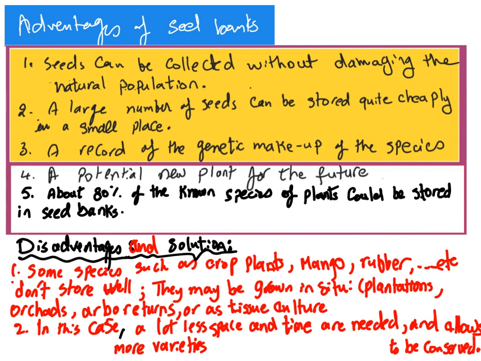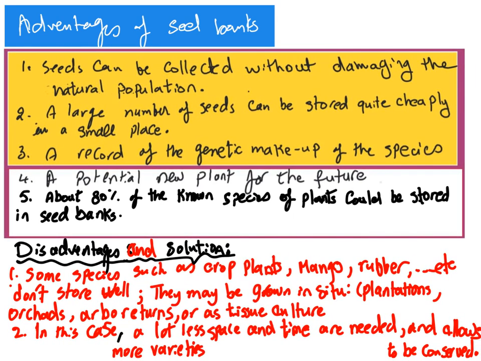So we can summarize the advantages of seed banks as follows. One, seeds can be collected without damaging the natural population because you are collecting the seeds from the wild. While there are so many plants there, most of the seeds are normally lost to the atmosphere without being used in the process of germination. So if we take some seeds and collect them, we are not going to alter the natural population density. Secondly, a large number of seeds can be stored quite cheaply in a small place. So if you store seeds, it will be more reasonable and more cost effective than when you preserve the whole